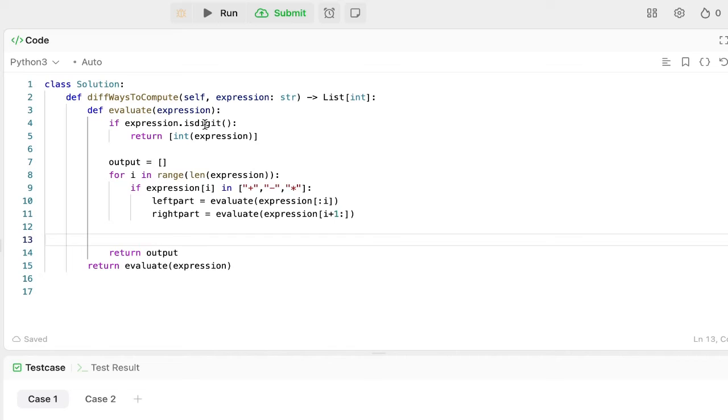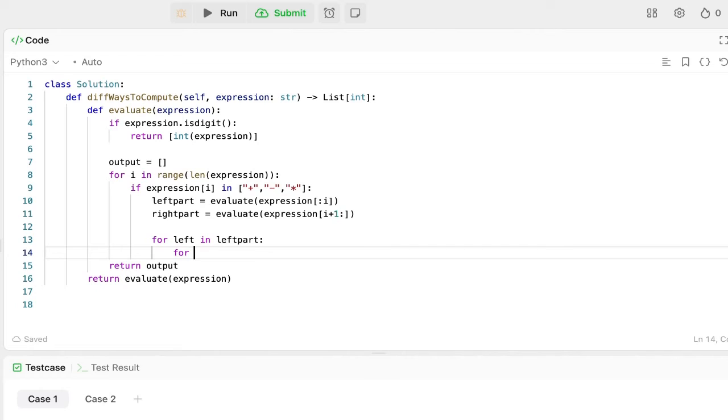Once we find a single number, we will convert that to an integer and return the result. Once we evaluate all the subparts, we will combine the result using the operator which is in the middle. Let's do that. For left in left part, for right in right part,